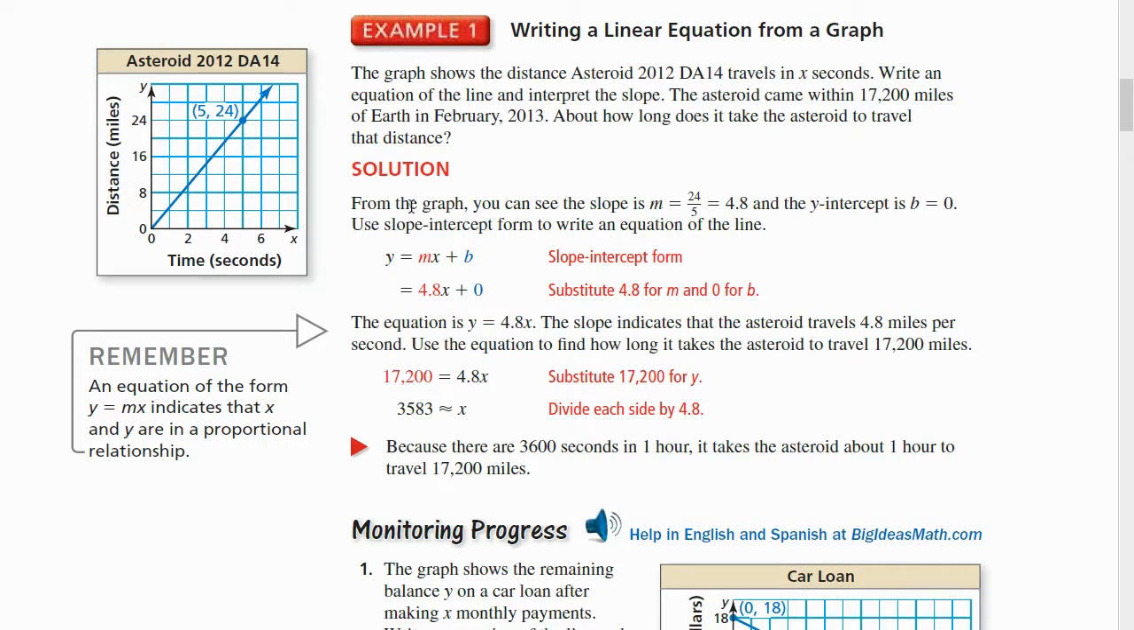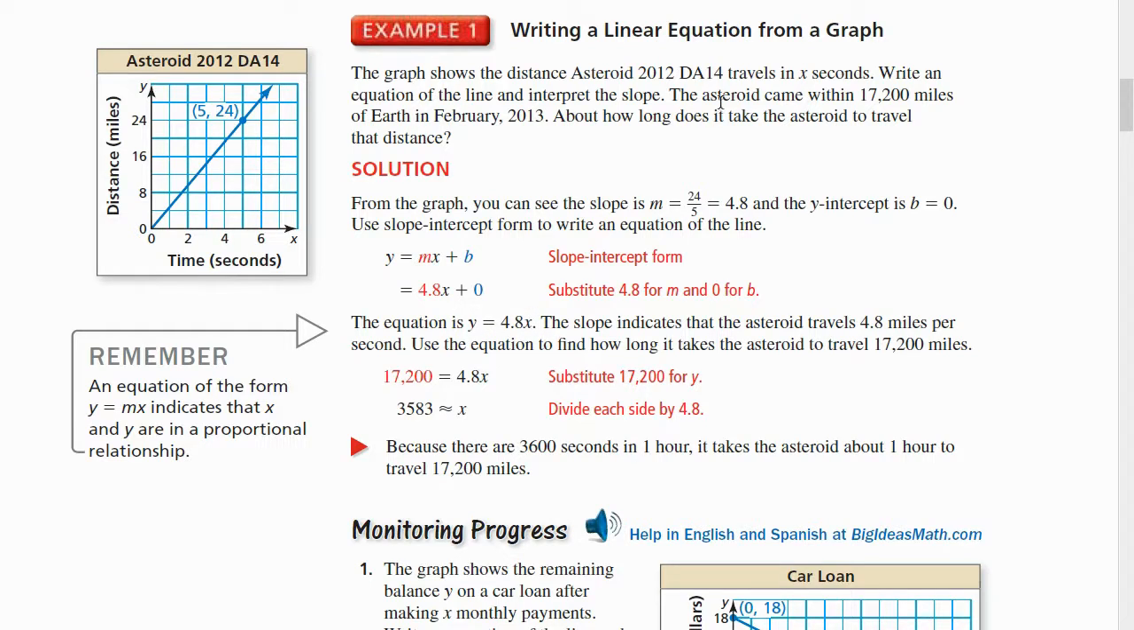Now, what's the y-intercept? Well, look at the graph. It crosses the y-axis at 0. Okay, y equals 0, so my y-intercept is 0. So I have my equation, y equals mx plus b. I know m is 4.8. I know b is 0. So the equation is y equals